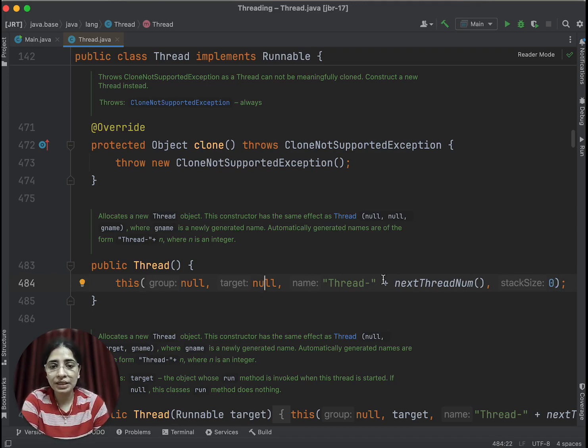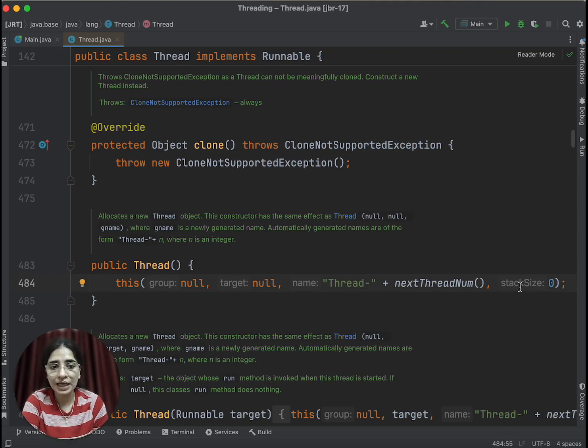Then after that there is something called name. Now you have created a thread and you want to assign a name to that thread. If you are calling this constructor, the thread name will be Thread-, and then it can be any number: 0, 1, 2, 3, 4. So based upon how many threads you have created, that thread number will be allocated. Then you have something called stack size.